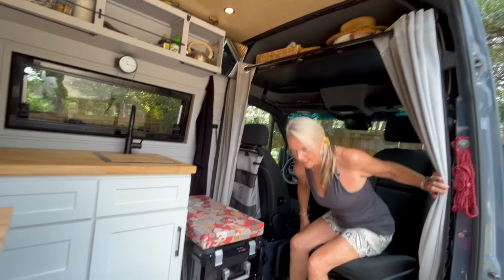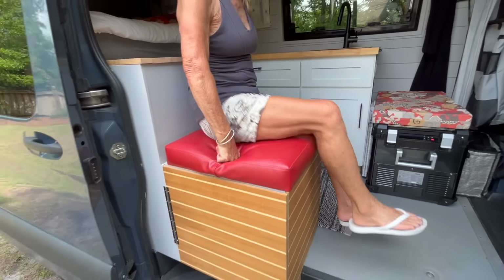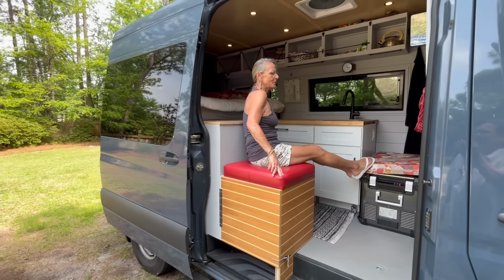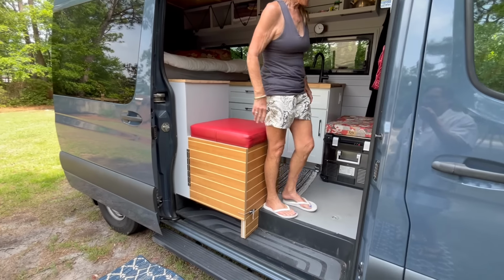And I happen to like this little seat right here, which I will tell you about in just a minute. But I like sitting here. I can put my feet up too, but I like sitting here and waving. So I'm going to show you